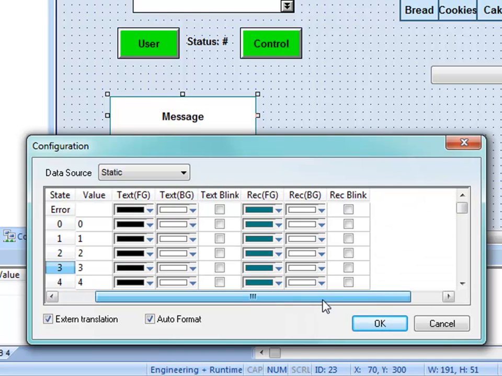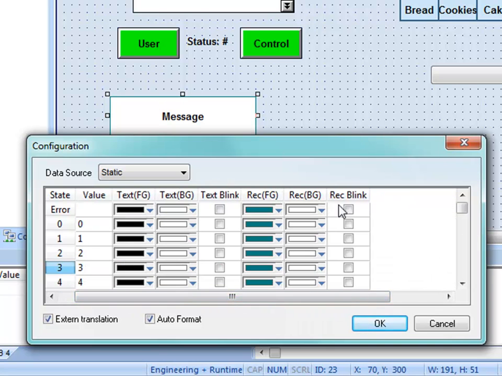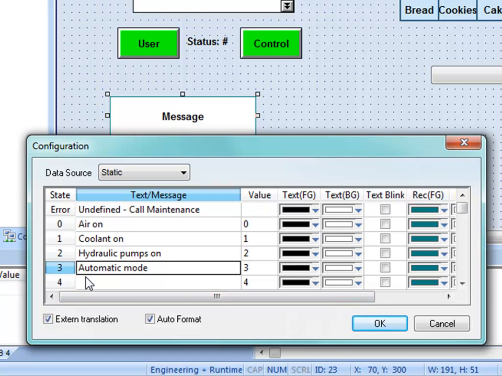Now, we can also change, scroll over here a little bit, the text foreground, the text background, whether or not it's blinking, the rectangle around it, foreground, background, and whether or not the rectangle itself is blinking for each individual line. So here I've got three different states or values. This value column is what's used in the object itself. And if we click on OK,